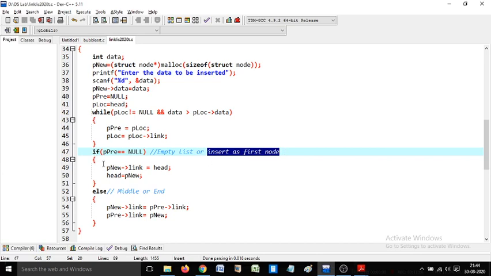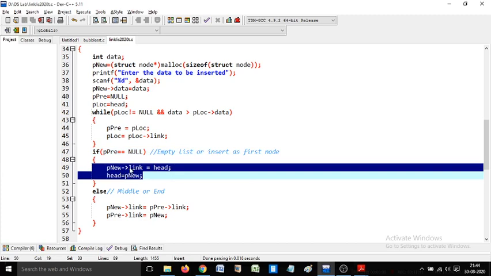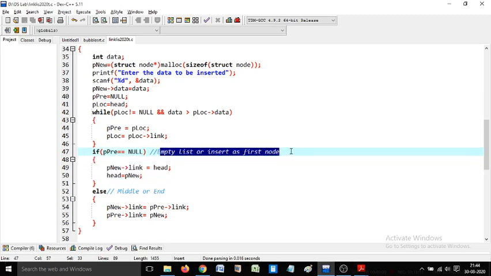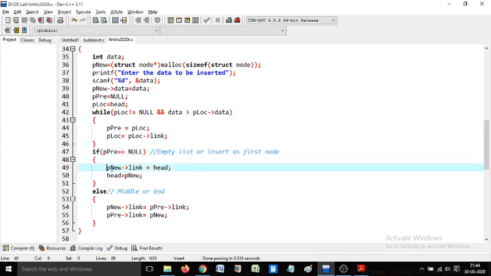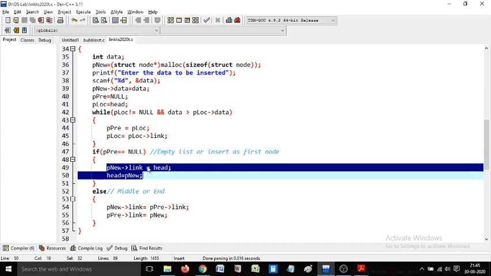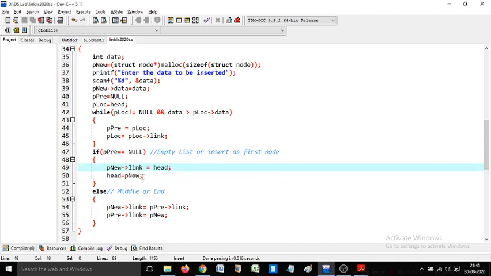We have already come across the statements to be used for the insert operation for both conditions, whether the list is empty or the node is to be inserted as the first node. The same statements are used. I have simply copy pasted them and changed the syntax. If you refer to the algorithm, you will find the same lines: p new of link equal to head, head equal to p new. This is the operator to be used when you want to refer to a value within a structure and we are using a structure pointer.